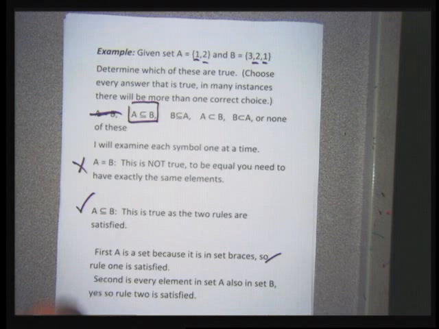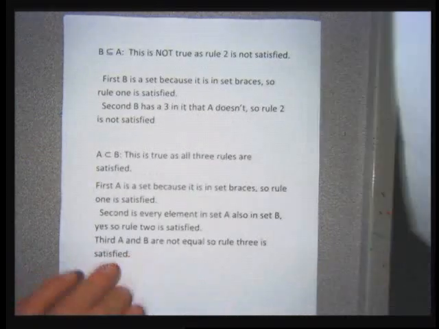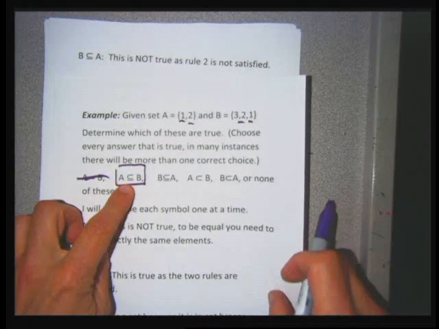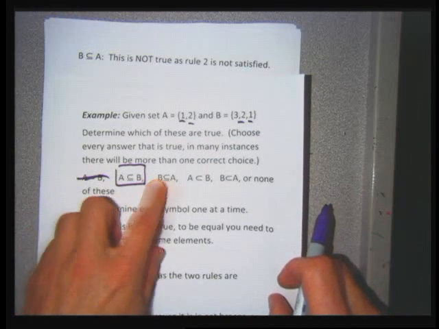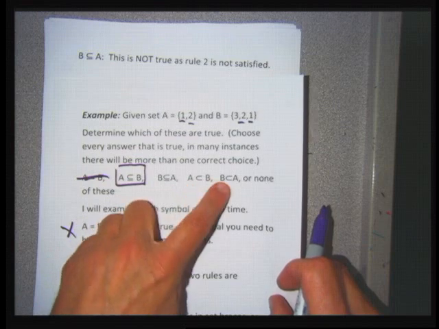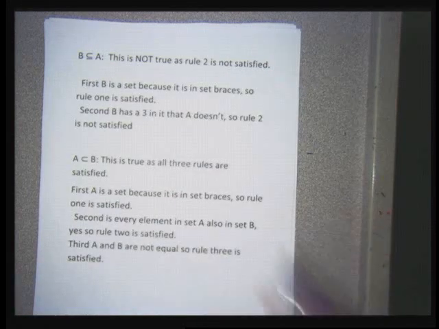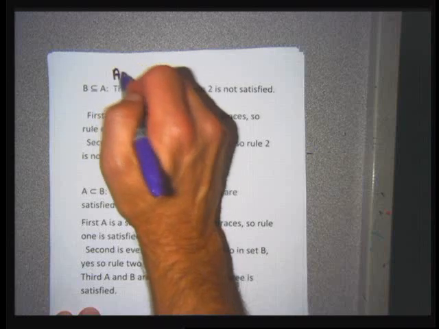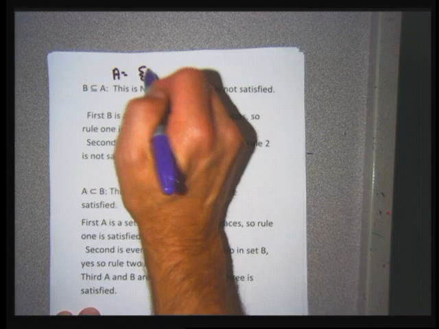Move on to the next page and continue with these sets, comparing the other three symbols that I haven't compared yet. So I need to check A is equal to B, A is a subset of B, B is a subset of A, A is a proper subset of B, B is a proper subset of A. So for B to be a subset of A, B has to be contained in A, and this one's not going to be true